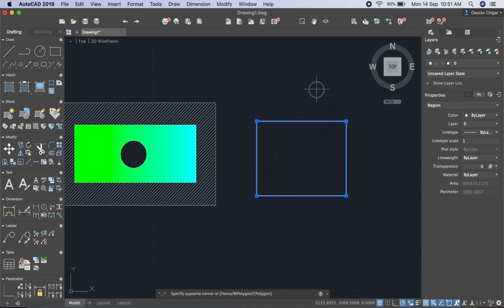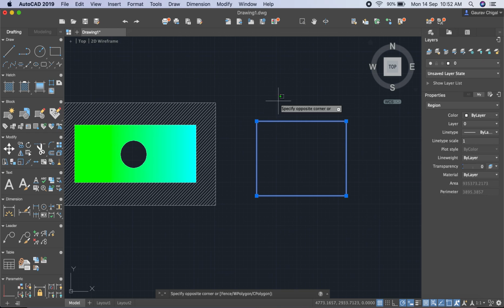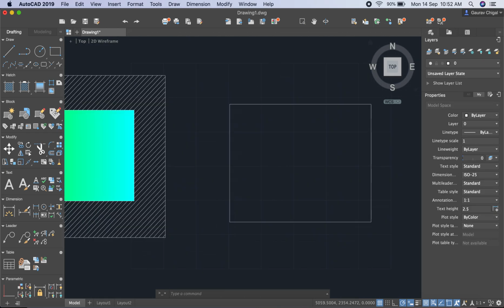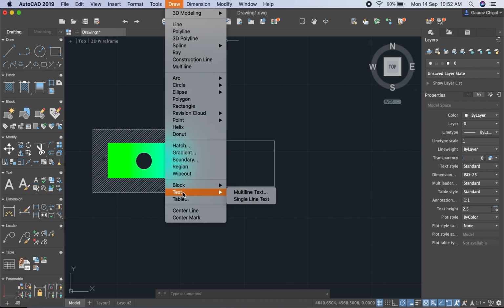But now when you apply the region command, it basically combines all the elements to form a single element. Then this element is selected individually at one time. So this is very useful when you make various components with the line command or some other commands and you want to show it as a single entity. So apply a region command and this entity becomes a single entity rather than a 4 line rectangle. Now it becomes a single entity, single rectangle. So this is your region command. Now moving on to some other commands, go to draw and then we go to the text.